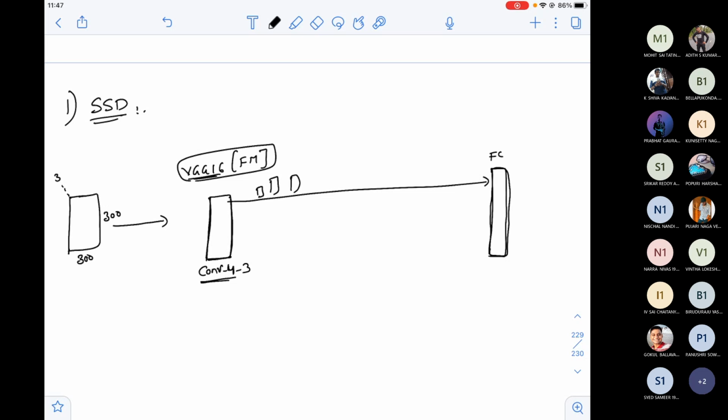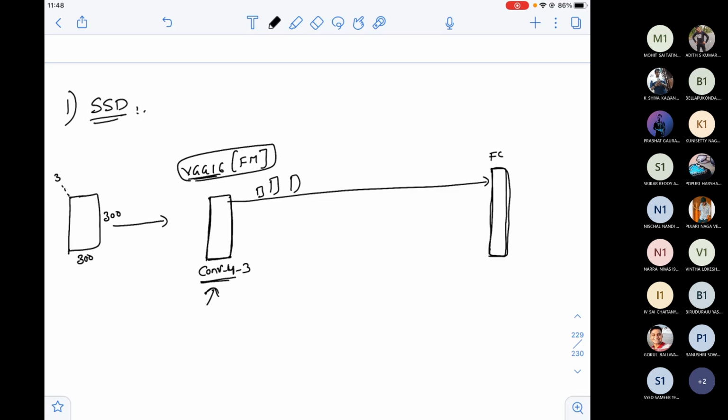You're just passing the image to some convolution layer and getting some output. You're telling me to connect that directly to the fully connected layer, but VGG16 will not end at CONV4. It will not have only 4 convolution layers. It will have many convolution layers. But you're directly saying that the intermediate output is sent to the fully connected layer. Okay, it's your wish, sir. If you want, you can send it. Okay, fine, I'll send it. But after that, what I'm sending here is the boxes. But where are the boxes? See, I'll tell you.